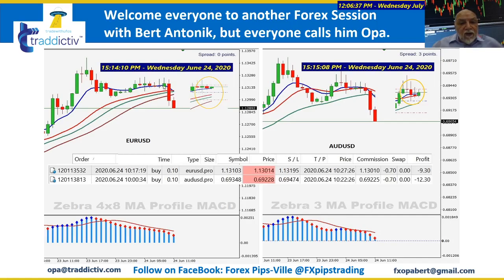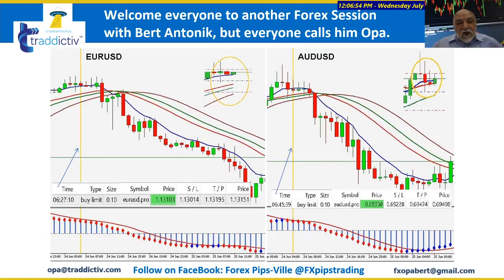And then 1, 2, 3, 4 hours later, the Euro USD got stopped out, and the Aussie similarly got stopped out as well. So those were the two trades. After they got stopped out, our profile did a nice flip, and everything lined up. And so we pushed that 1 hour quick trade instead of waiting for everything to line up.